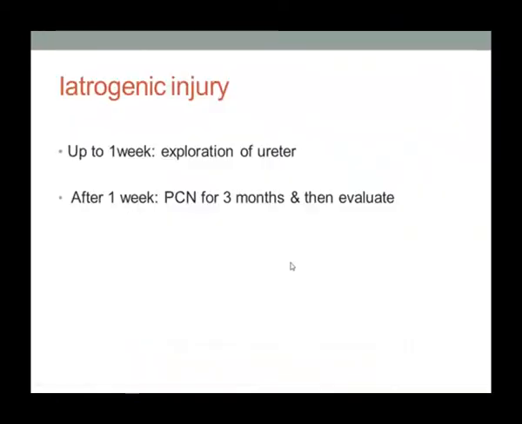So iatrogenic ureteric injuries are one of the important portions of ureteric injury. They are mostly seen by the gynecologist, sometimes by the general surgeon, and the urologist also. If it is diagnosed early, you have to do exploration and ureteric anastomosis. If it is coming late, after a week or 2 weeks, then probably better to do percutaneous nephrostomy and then work it out and plan accordingly.